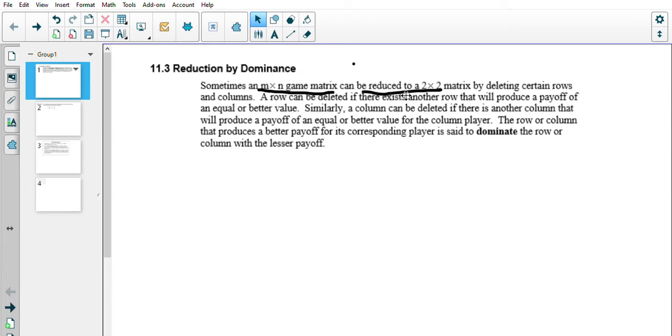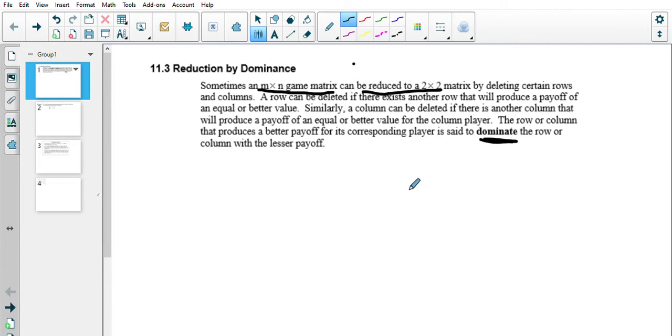A row can be deleted if there exists another row that will produce better results. And similarly, a column can be deleted if another column can produce better results for the column player. The row or column that produces a better payoff for its corresponding player is said to dominate the row or column for the lesser payoff, right? So if we can find a row that always produces better results than another row, then we can delete the worst row, right? If we can find a column that's always better than another column, we can delete the worst